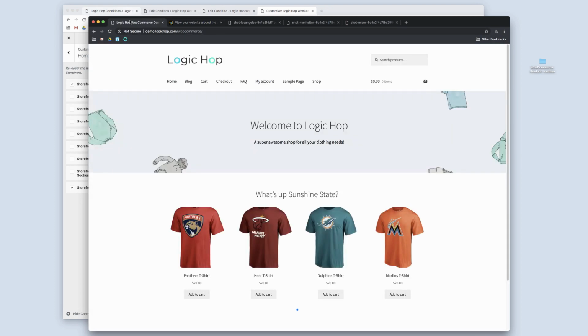And this is an incredibly powerful way so that you can showcase content and products for users from specific regions to really entice them to click and